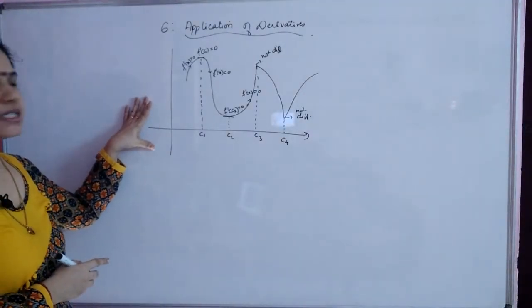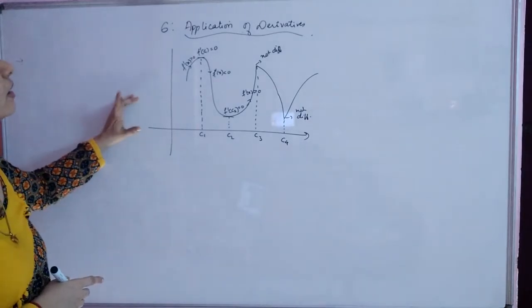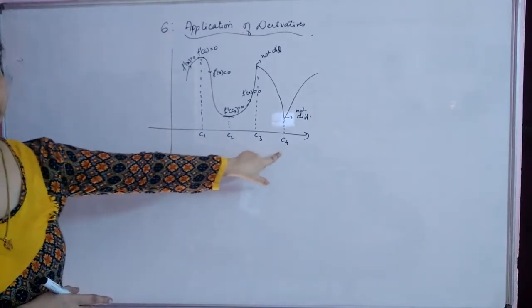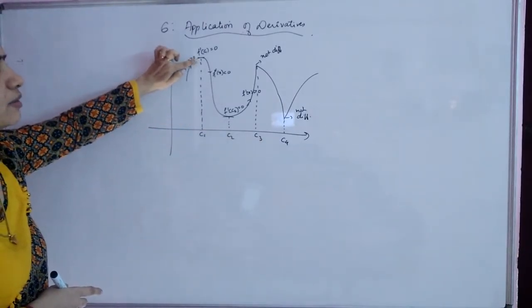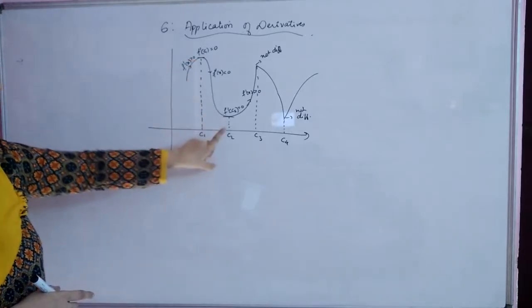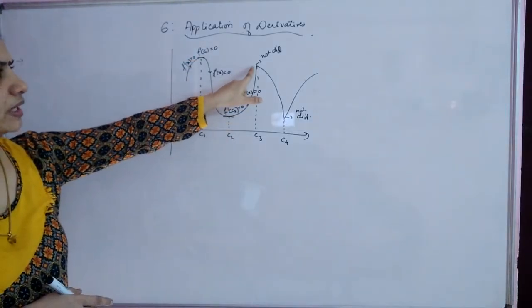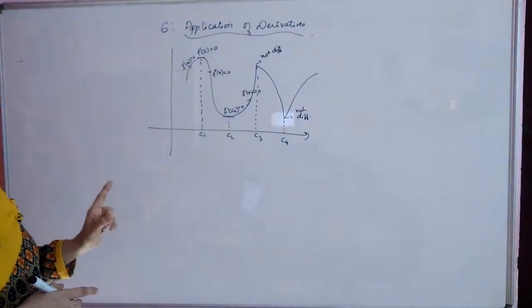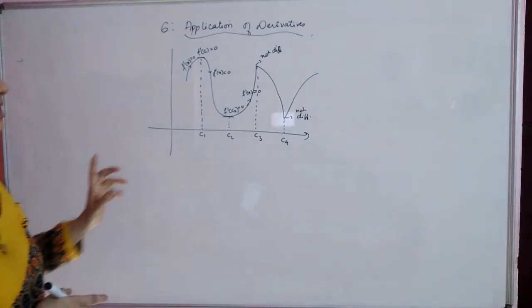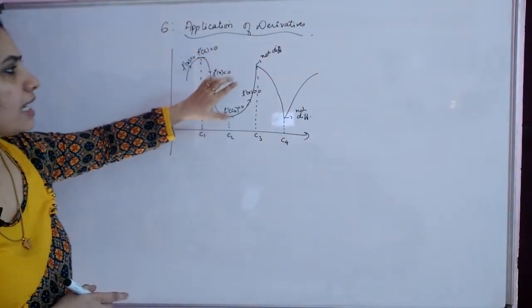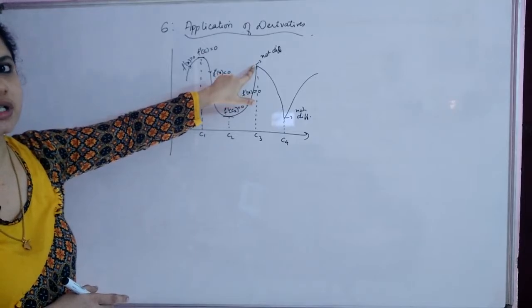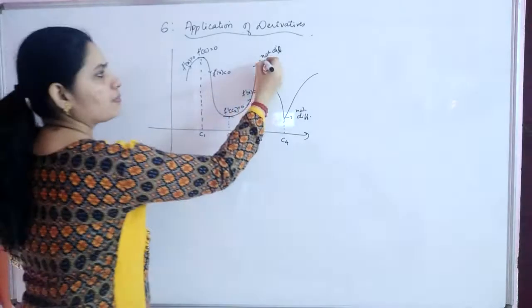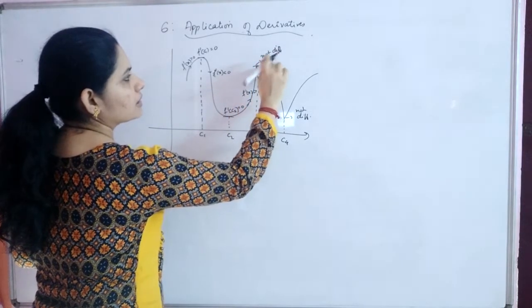So in the last class we were discussing local maxima and local minima, and we have just seen four points. See in the figure itself you can see here you have a local maxima, here a local minima, but at this point actually the function is not differentiable. Even if it is not differentiable, we can get a local maxima or local minima, we have discussed. So this graph will show that here the function is not differentiable, yet you can still find a local maximum there, okay, it is a point of local maximum.